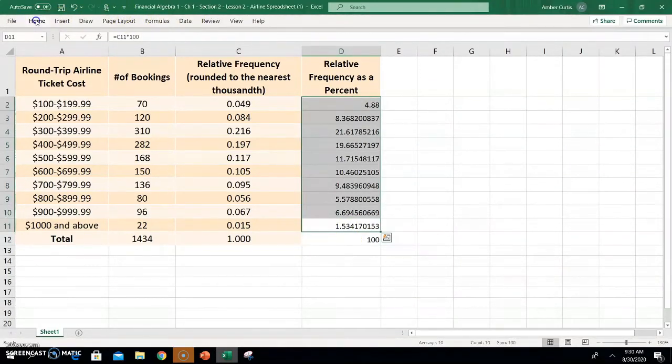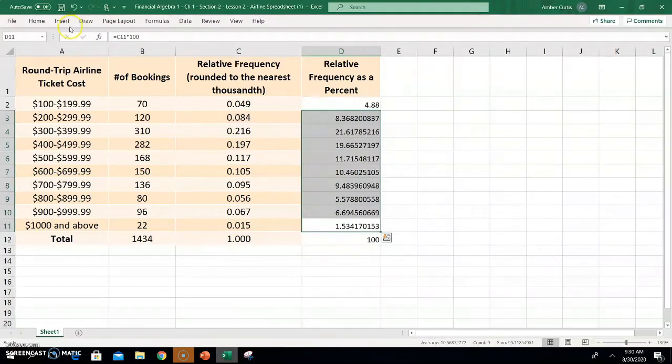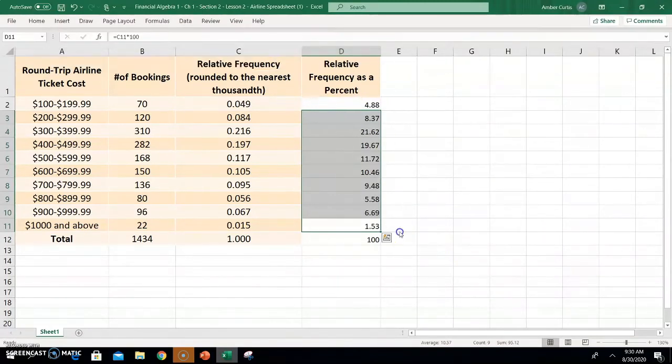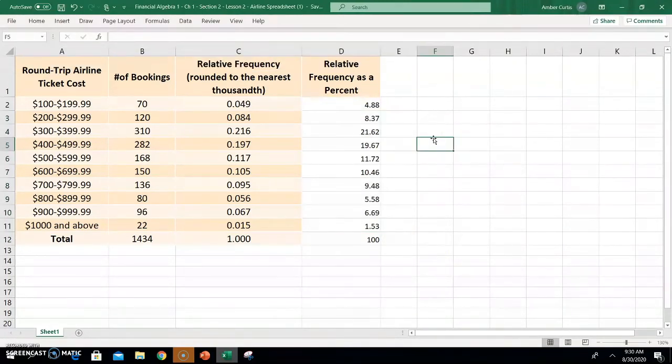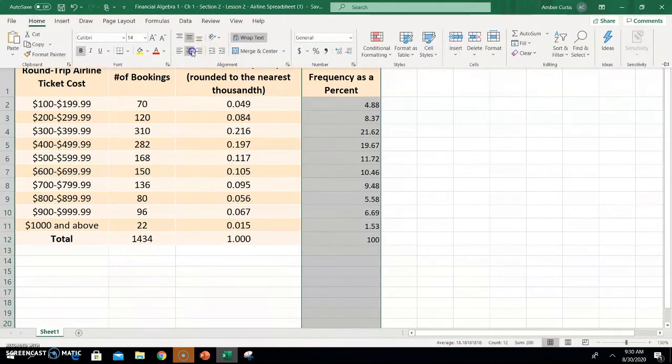So once again, I'm going to switch the decimal places. So these are all the same. So I'm just going to highlight them all and decrease the place value for each of these to just 2 decimal places. Now, the cool thing about this is I can now use this